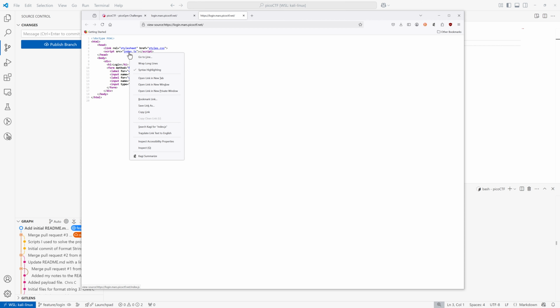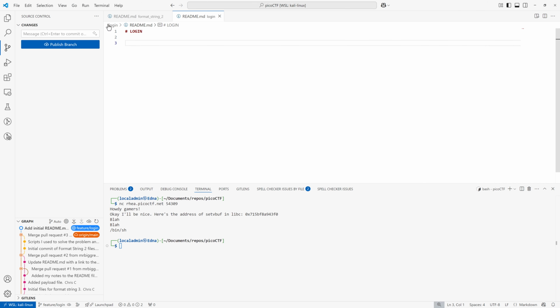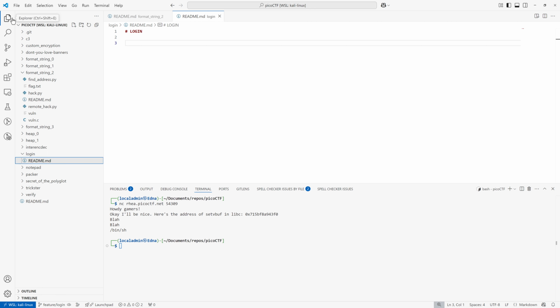Oh yeah, right. This is where I kind of looked at the index and I stopped because I wanted to do this part live. So I think the problem is in here. So if we open up this, yeah, we get all this JavaScript. So let's just put this into our